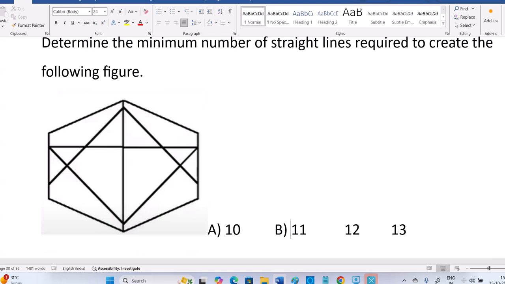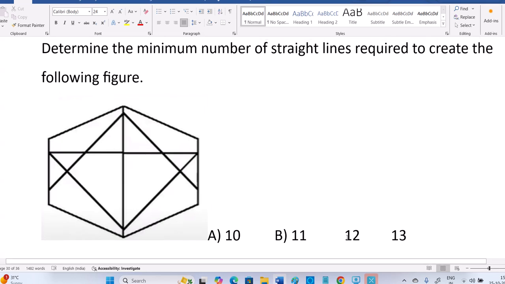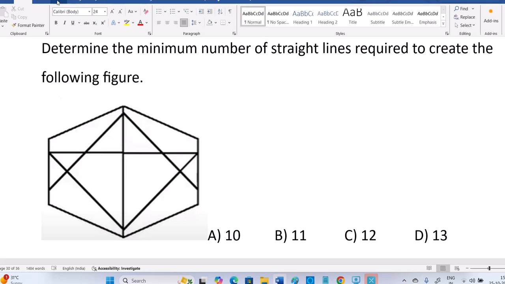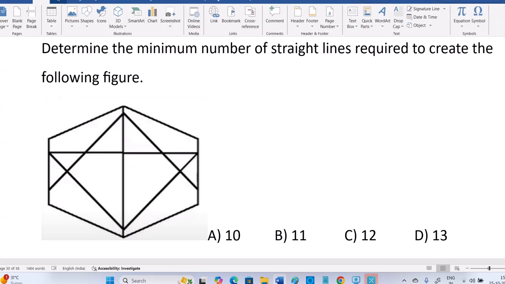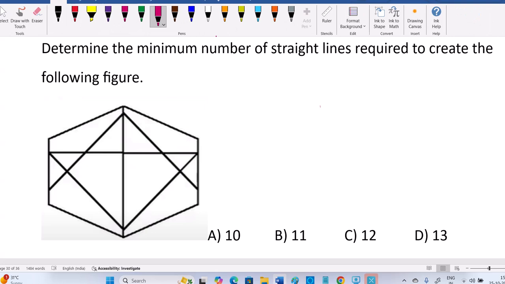Number of straight lines. Yeah, it's an easy one actually. You have to calculate. If you draw that line, the same figure is also fine. Hexagon, 6 lines are required for that shape first of all. 1, 2, 3, 4, 5, 6 lines, and this is the seventh line,